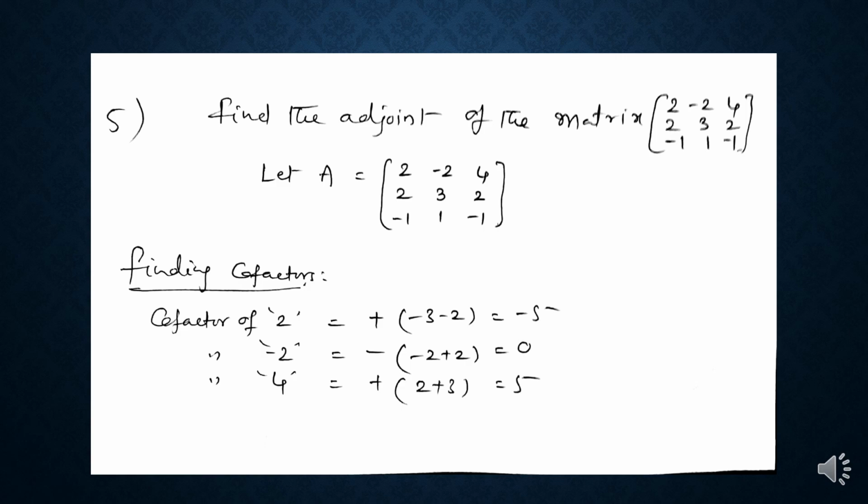And what is the cofactor of 2 here? That is minus into, by deleting the column and row, you get 2 minus 2, minus 1, 1, that is 2 minus 2, that is 0. Cofactor of 2 is 0. Now the cofactor of minus 1 is, by deleting this column and row, you will get minus 2, 4, 3, 2, that is 2 into minus 2 minus 4, minus 12.